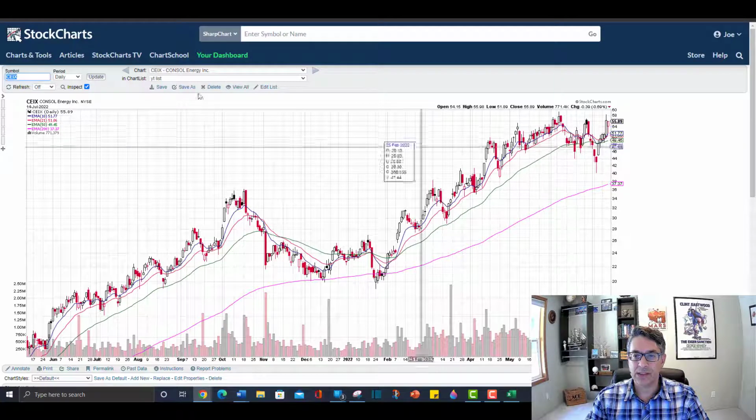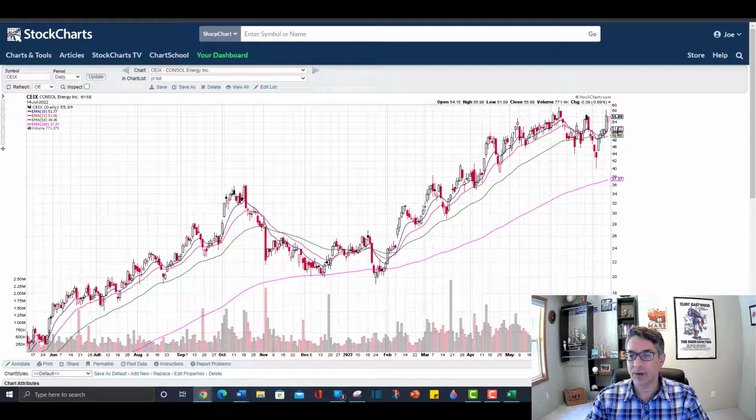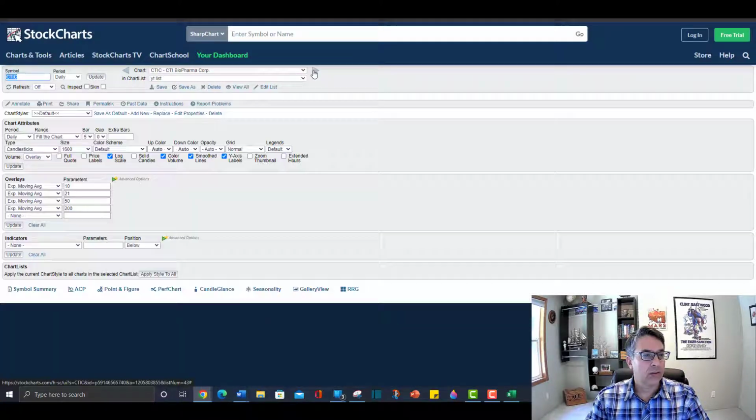CEIX is making just a tiny little base here. That's a double bottom, but it's very small. I would be wary of that. I would want to see it build out a handle. Here we have